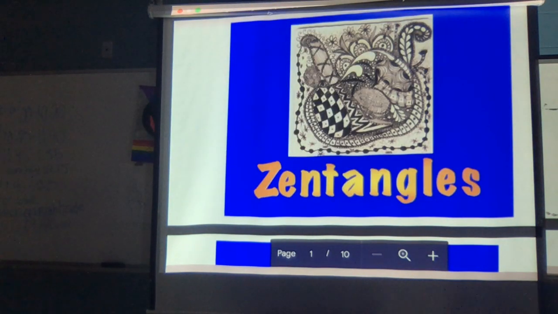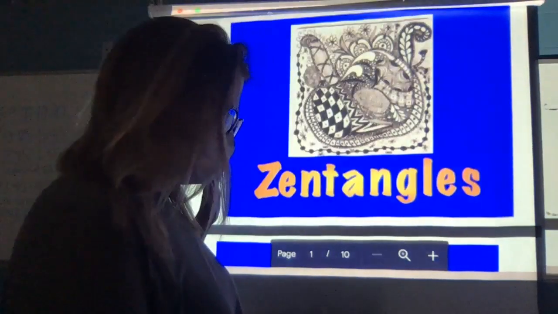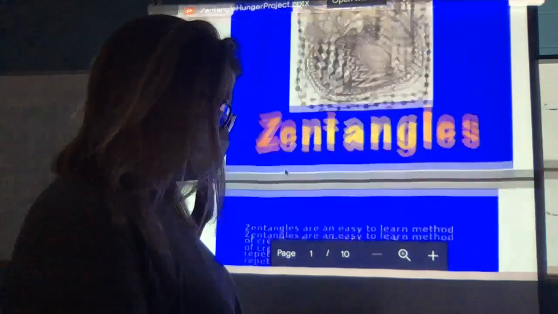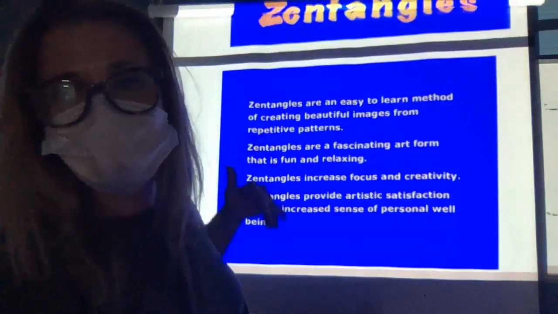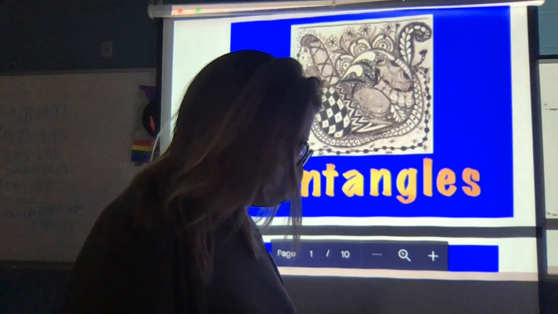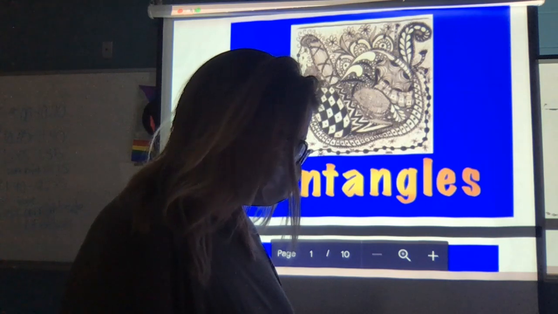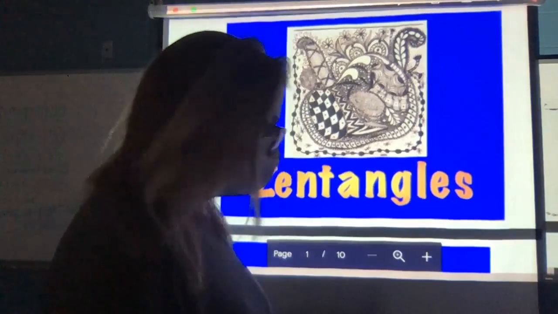So, Zentangles. Hold on, let me get out of this presentation. That is my presentation. Okay, never mind, I'm just going to stay here. It just doesn't look very clear to me. So Zentangles